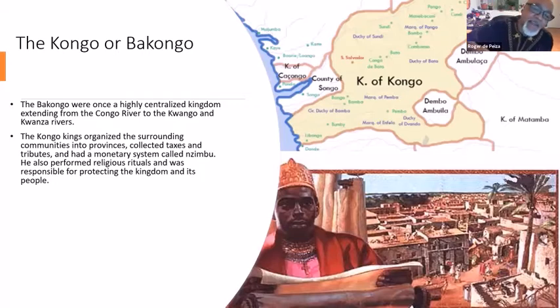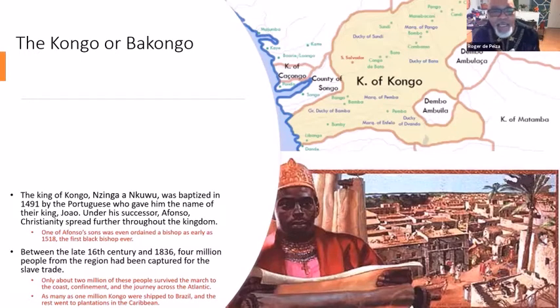So this is one of the first places that Europeans really made inroads into the African continent, vis-a-vis using religion, okay? Because in 1491, the king converted to Christianity. You see what I'm saying? He was baptized, and the king, he took,